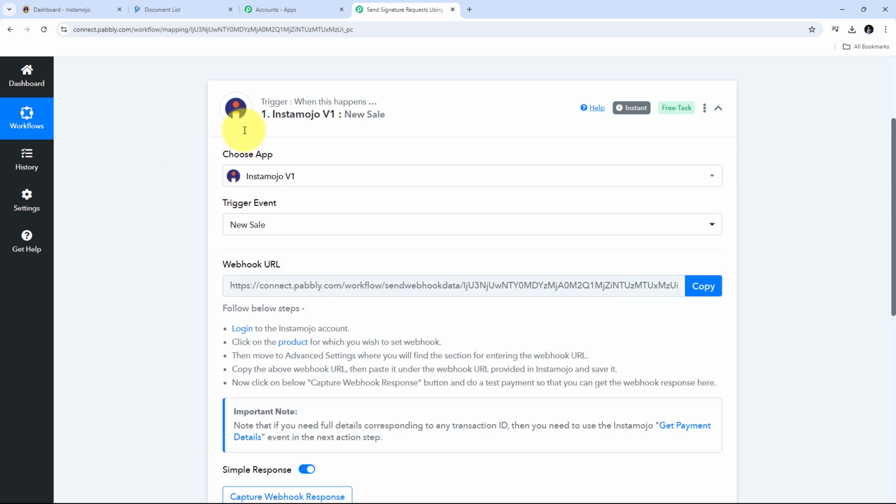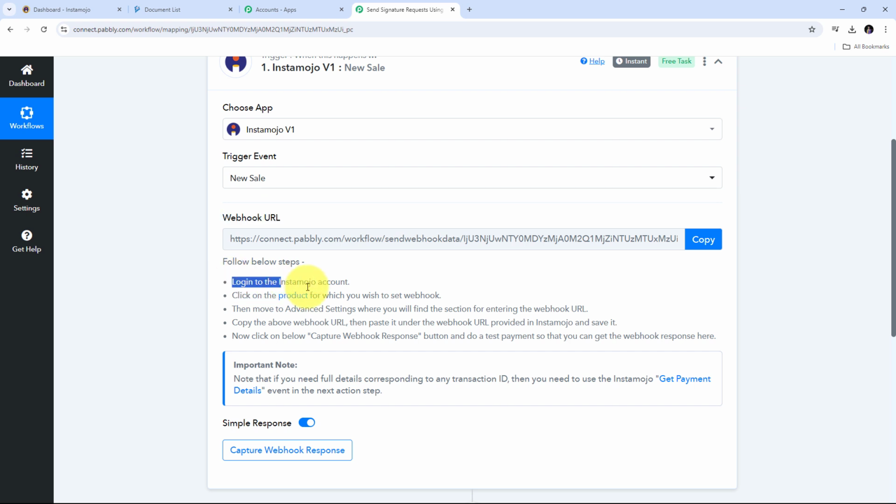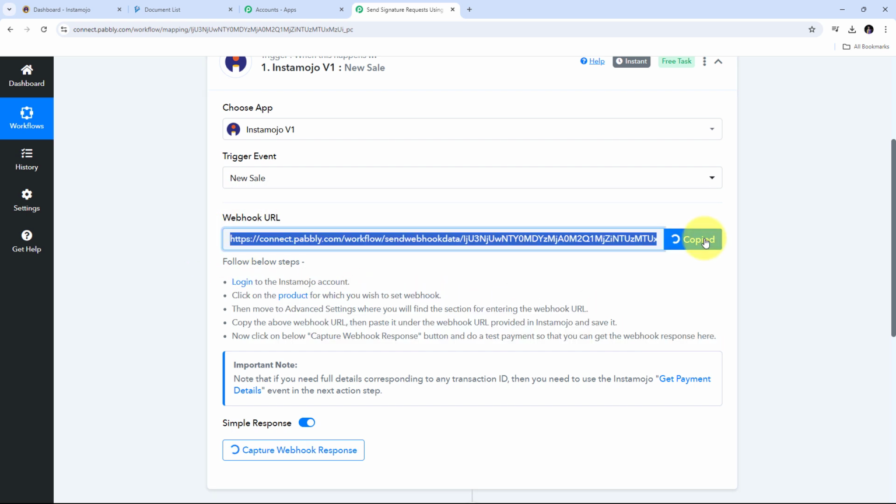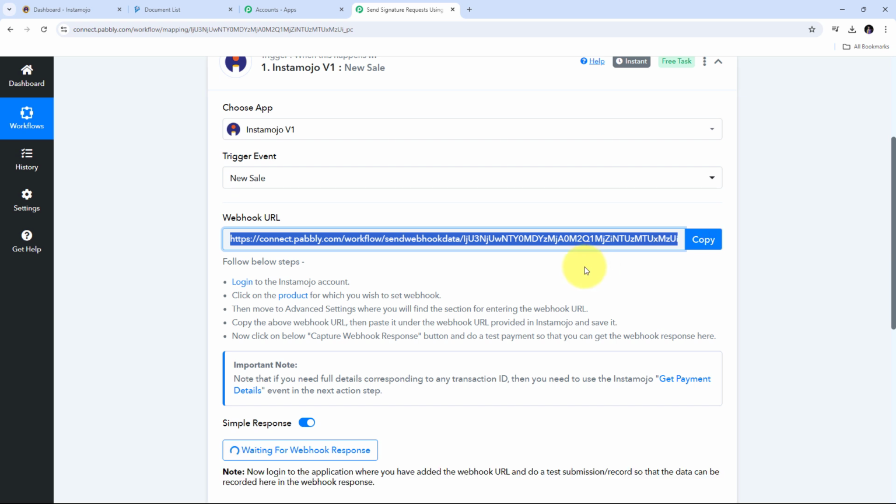And now what I need to do is connect Instamojo version 1 with Pabbly Connect in my workflow. For that I need to use this webhook URL, and this webhook URL is going to work as a bridge between Instamojo and Pabbly Connect. Now for connecting these two applications, I need to follow all these instructions. First I need to copy this webhook URL, and now I need to take you to my Instamojo account,